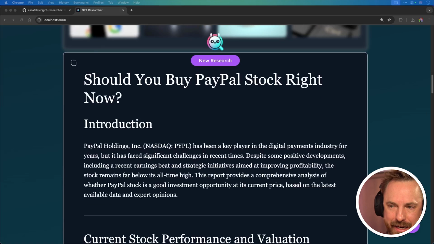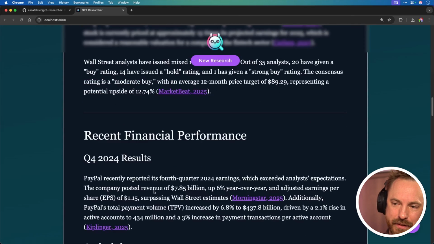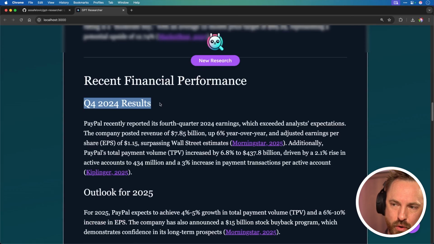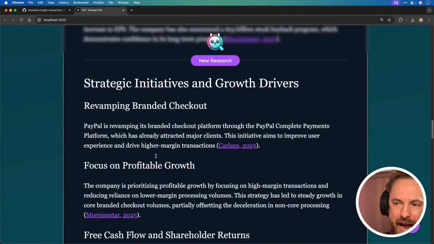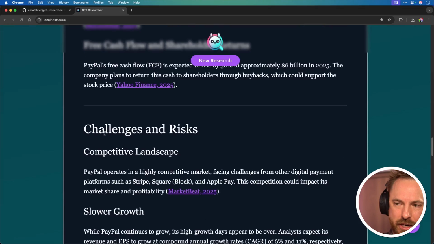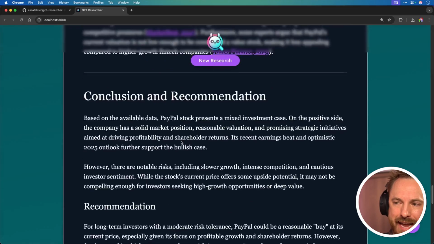So it gives me a little introduction here. It gives me the stock performance. Now you'll see actually it's not using quite the right date, as it's given me a date from a couple of days ago at the start of the information, but it gives me some Q4 2024 results, an outlook for 2025, and a lot more information. It tells me about the challenges and risks as well,